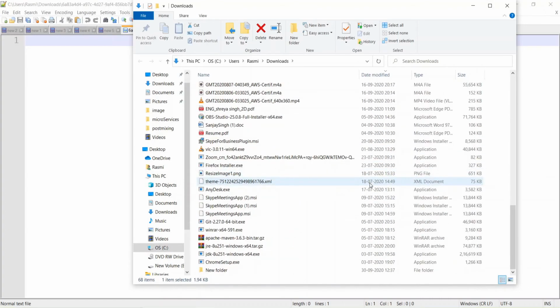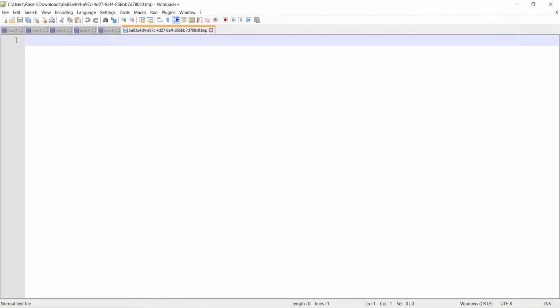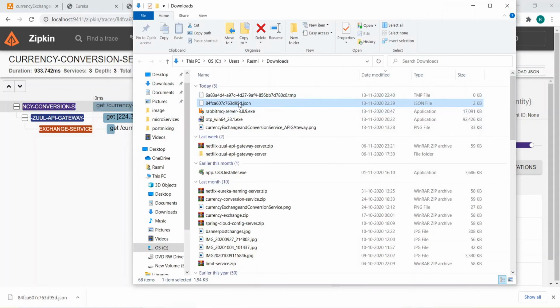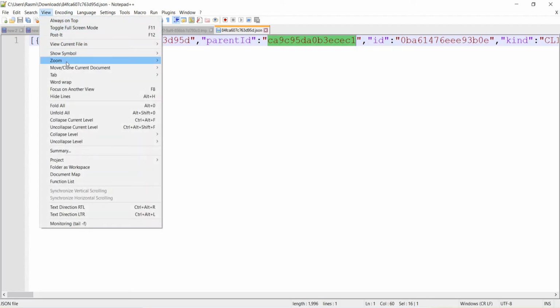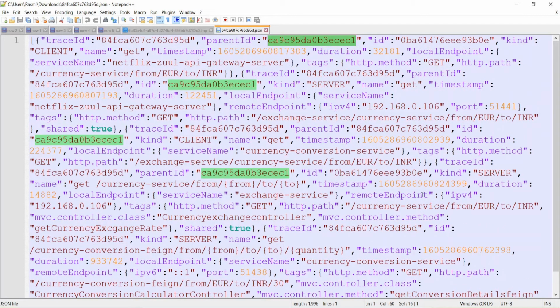No, this is not the file that we are looking for. Temp, yeah, now it came. Now go there again to the download. I think its download has got completed. Yeah, this is the file. Open this. Yeah, so trace ID is this, parent ID is this, all things, better view, and wrap this. Yeah, so see, all these things are coming over there.